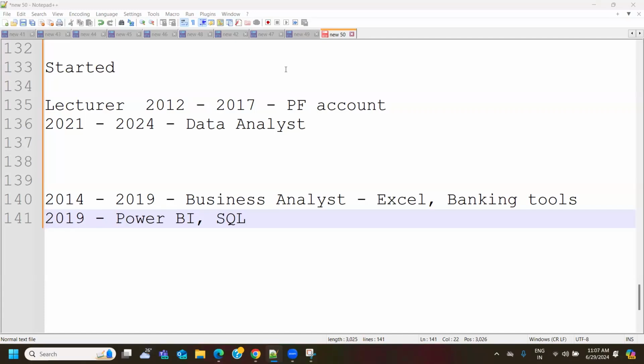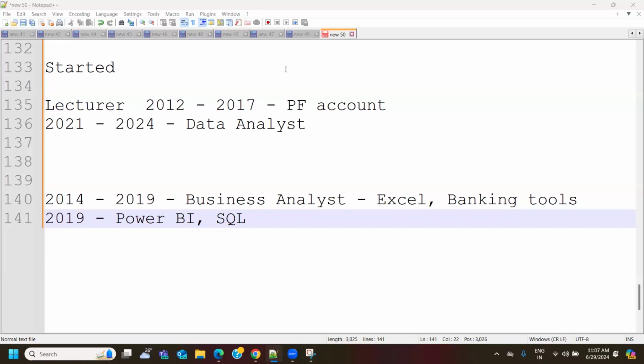But if you are entering this field, your resume should be prepared in such a way that you showcase some projects. You have created so and so Power BI reports. You publish those reports publicly, somewhere you have published them. Showcase those reports. Post on LinkedIn that you have worked on so and so report. You will get some likes there. You will get some connection requests or recommendations there. If you connect with multiple people, as and when the bond increases, you will definitely get exposure to data analyst openings.